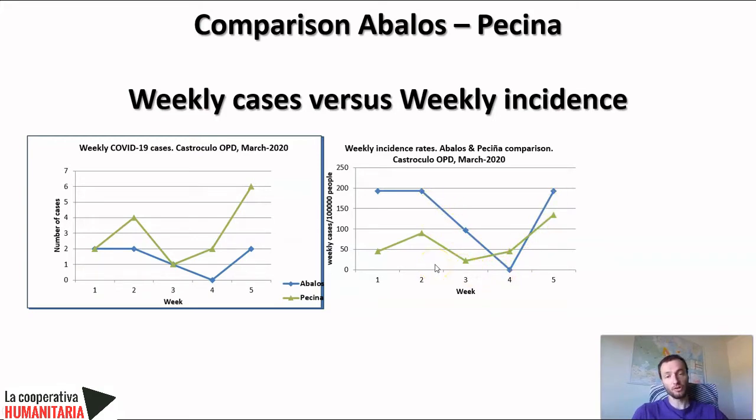Okay. So for that reason, the indicators will be so important. The indicators help us to put together not only raw numbers, but number of cases divided by population. That will help us to define where is the worst situation. So now I'm going to explain several indicators that will help us to analyze the different cases or situations we're